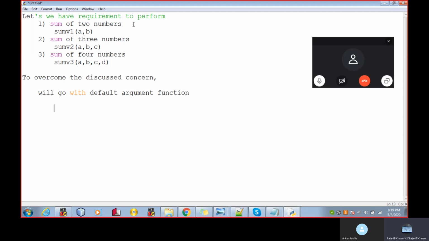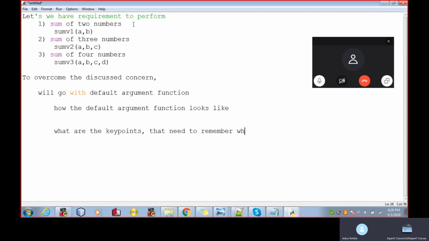How does the default argument function look, and what are the things that need to be remembered while making the function as a default argument?